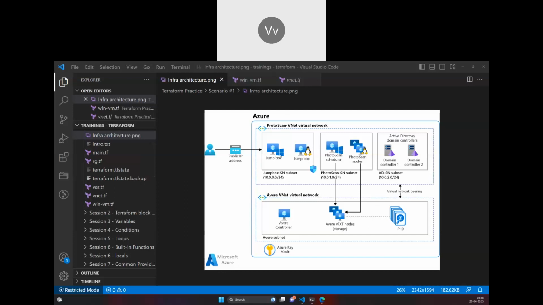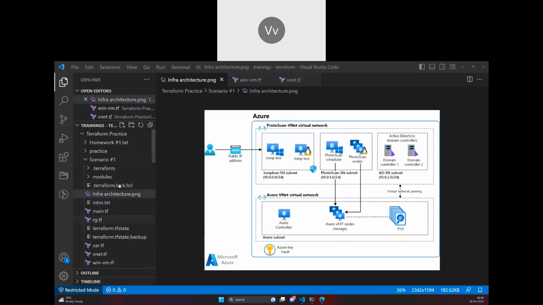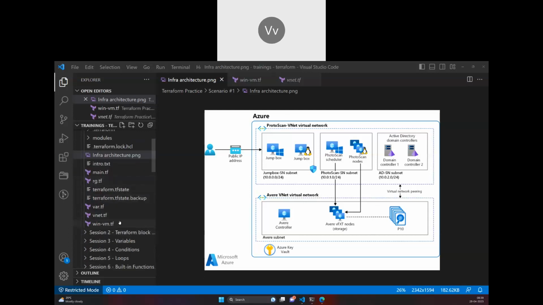So today we have tried provisioning the virtual networks, virtual network peering, Jumpbox and the photoscan scheduler. So we have tried provisioning this using the modules which we have developed. And now this time go ahead